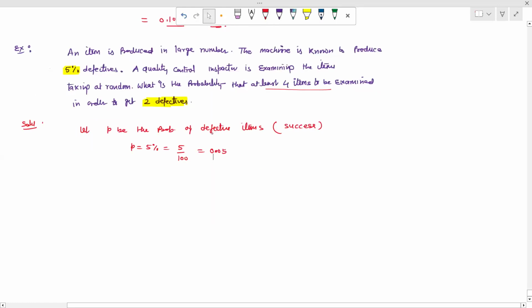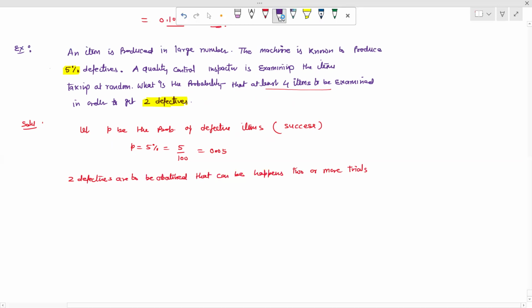Now, we write down as two defectives are to be obtained that can happen in two or more trials. ओके. सो पहले हमने 2 ही आइटम्स एग्जामिन किए, दोनों में डिफेक्टिव निकला है. तो दिस इज द पॉसिबिलिटी कि जो डिफेक्टिव आइटम्स आ रहे हैं हमारे फर्स्ट सेकंड ट्रायल में ही आ जाए. फर्स्ट ट्रायल में फर्स्ट डिफेक्टिव, सेकंड ट्रायल में सेकंड डिफेक्टिव, और उससे ज्यादा भी हो सकते हैं, दैट मीन्स 3 ट्रायल्स, 4 ट्रायल्स, 5 ट्रायल्स। बट इसने कहा है कि हमें एटलीस्ट 4 आइटम्स टू बी एग्जामिन, हमें 4 आइटम एग्जामिन करने हैं और उसमें 2 डिफेक्टिव निकालने हैं।